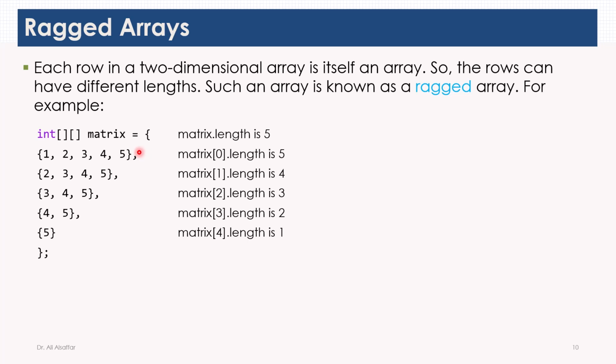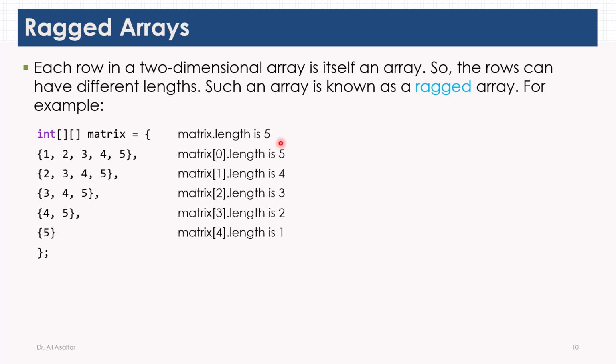Here we are declaring a two-dimensional array called matrix, but in the first row we have a one-dimensional array of size 5. In the second row we have another one-dimensional array of size 4, and so on until the last row, which has a one-dimensional array of size 1. If you use the dot length instance variable on the name of the matrix, it will give you the number of rows. So here we have 1, 2, 3, 4, 5 one-dimensional arrays, so matrix.length